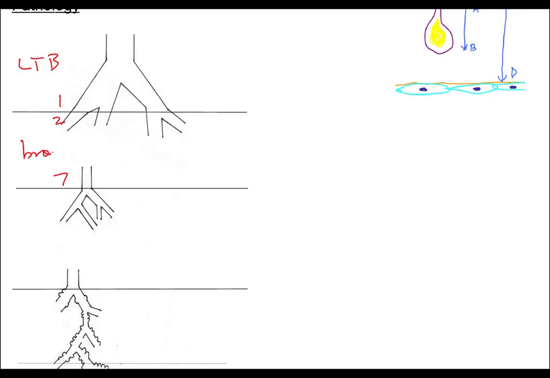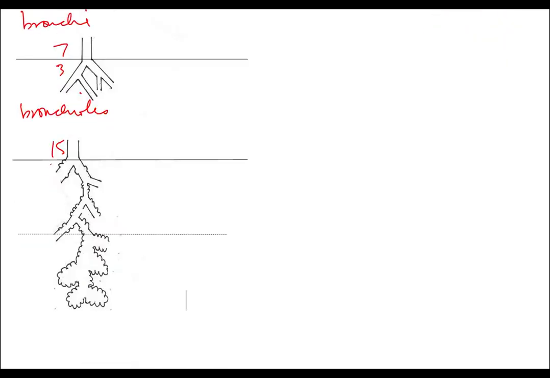This then goes into our bronchi, 2 to 7, and then 3 to about 15, these are going to be our non-respiratory bronchioles, and then that's going to take us down from 16 to about 19, and then 20 to about 23. That's our terminal respiratory unit, and that's going to break into our respiratory bronchiole, our alveolar ducts,